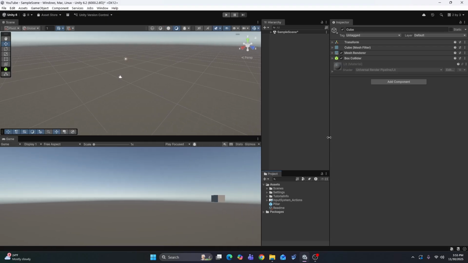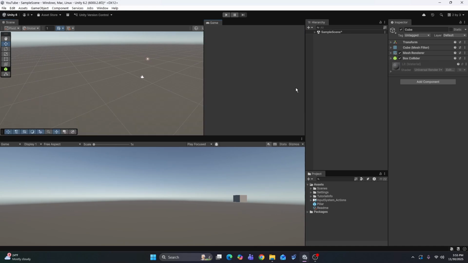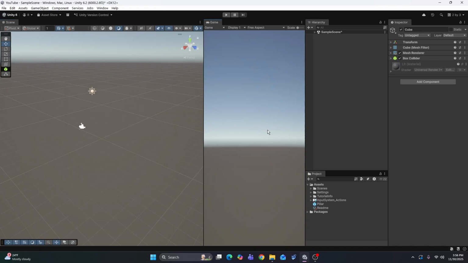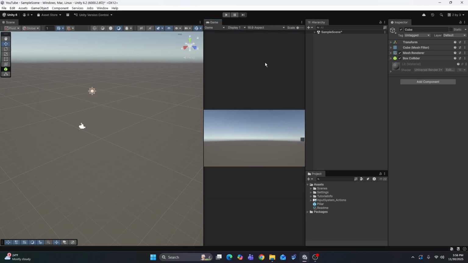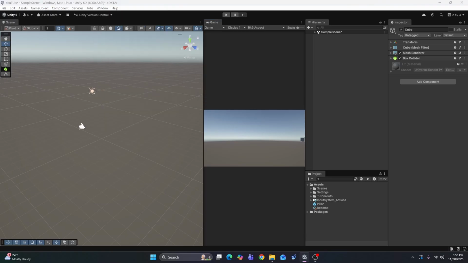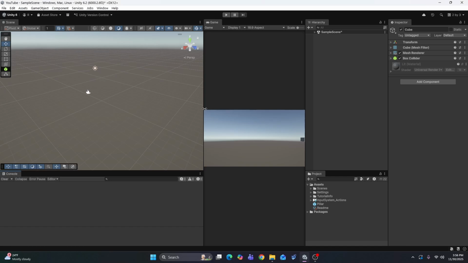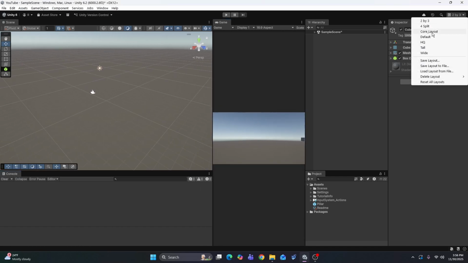And we're just going to move things across a little bit, give it some more space. We're going to take the game tab and we're going to attach it to the side of the scene view. And then we're going to have this long boy right here. We're going to take the game tab's free aspect, turn it to 16:9, which is the basic aspect ratio of most monitors, screens, etc. Don't worry about whether you're doing a mobile or a PC game for now. And then we're missing a window. We're going to go over here to Window, General, Console, drag this bad boy into the bottom of our scene,